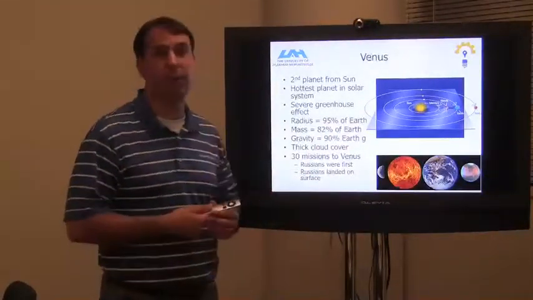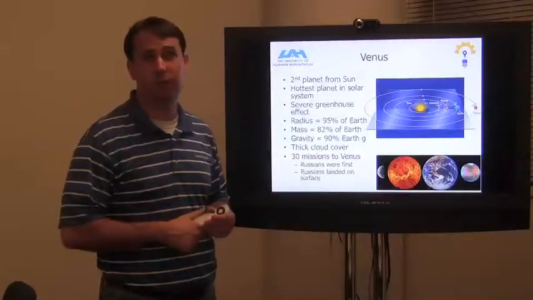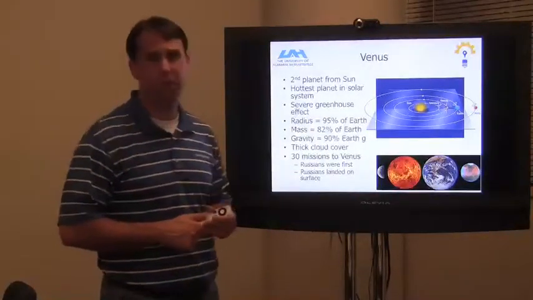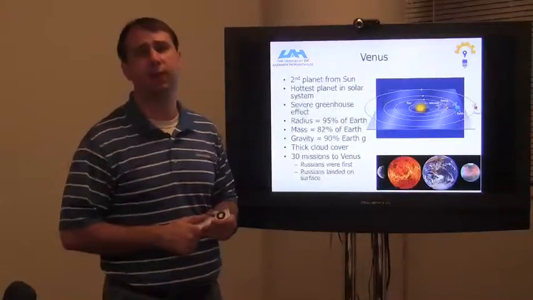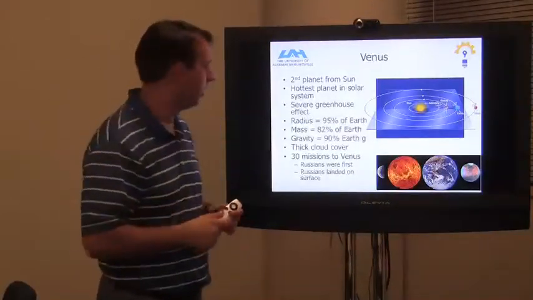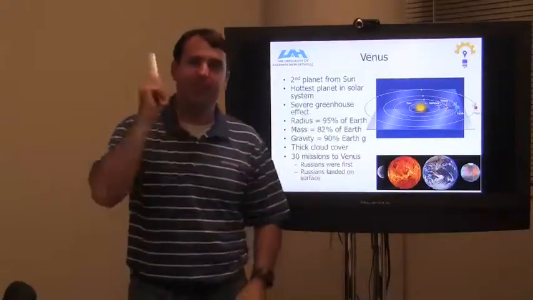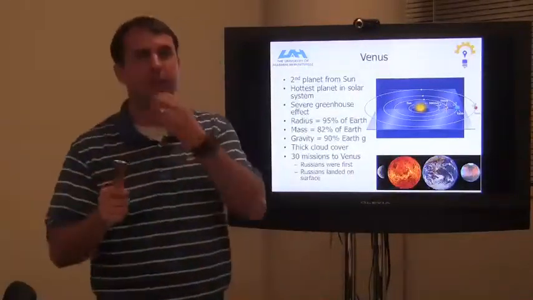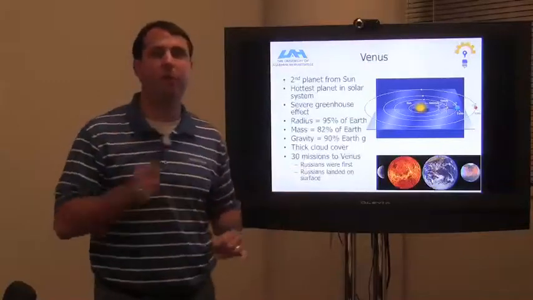But the Russians landed on the surface. They landed on the surface 2 or 3 times, I think. First time they tried, they didn't make it to the surface because they didn't anticipate how thick the atmosphere was as you descended to the surface. Anyway, the reason, and this is what was really cool, the reason that there were so many missions to Venus